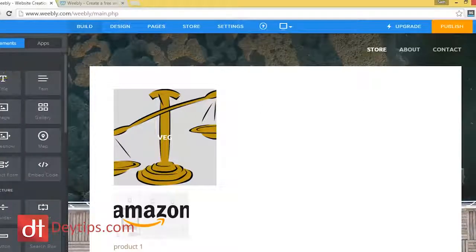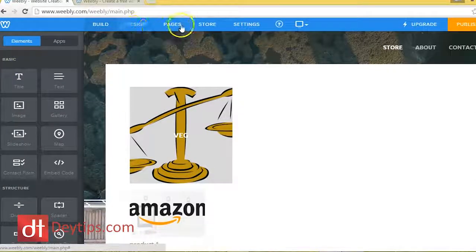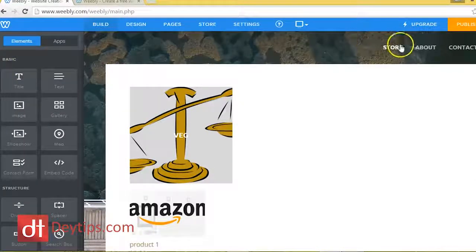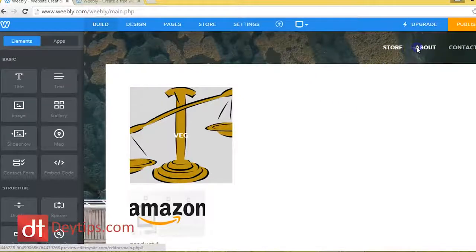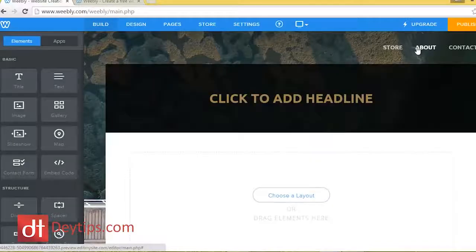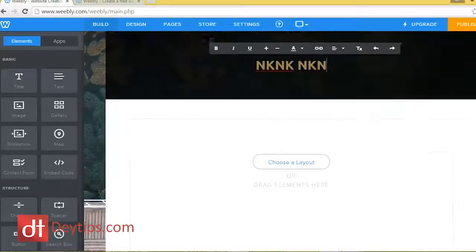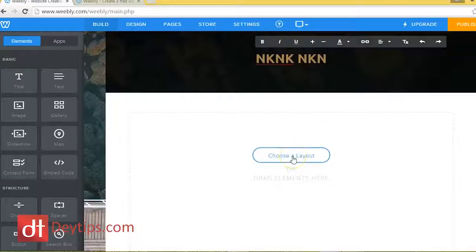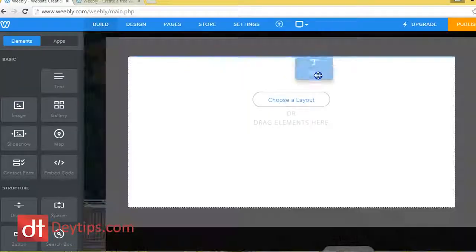So that's basically how you add and edit your store. As you can see, there are different tabs up here, and different pages. If I wanted to edit the about page, I just click on the about page, and it will take me to the about page, and I can start clicking around, adding words, and changing things here. I can choose a layout just by clicking on that and choosing a layout, or it says drag elements here, so I can add a title here